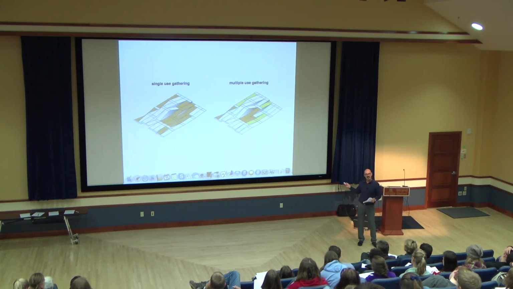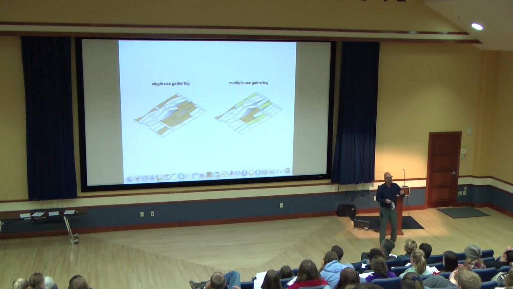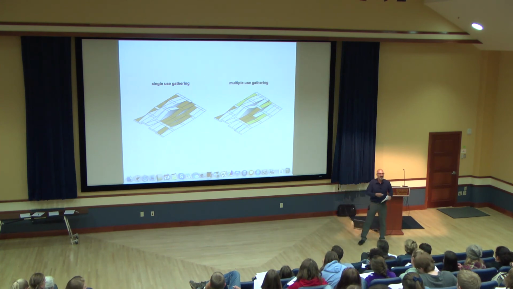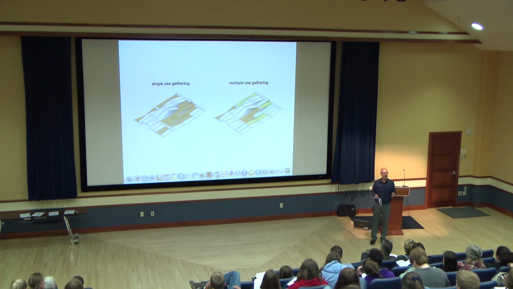And so if you think of these diagrams, the analogy of a park, it's designed, right, with slopes, there's trees, all these different kinds of environments, and they aren't programmed or scripted. You don't have to do this, right, this other thing in this spot. You have the opportunity, but there's also a tendency for you to, right, you don't go throw the frisbee for your dog in the trees, or maybe you do, I don't know, right? They need a space to run. And so if you look at a park, just because of the topography and the way that it's designed, it tends to attract certain uses more than other uses.